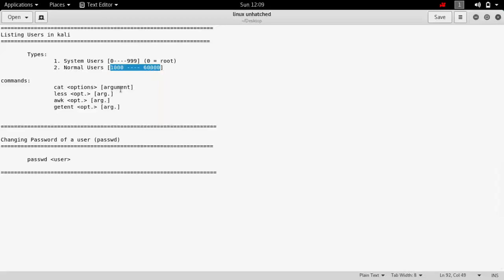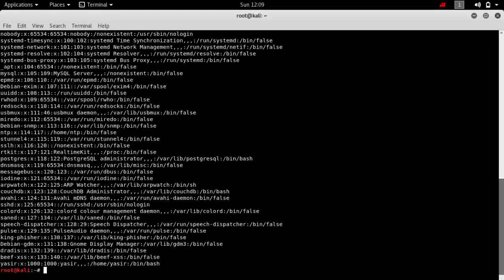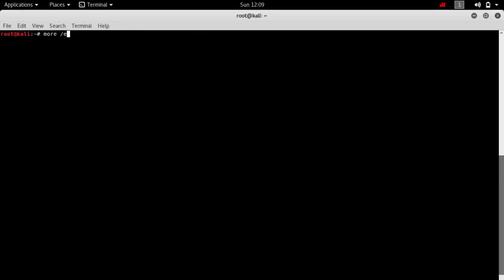Let's demonstrate how to list the users. So first of all, we will use the cat command with the input argument as /etc/passwd, where the database of users is present. So it will list all the users present on the system. Similarly, we can use the pager command more with the same argument,